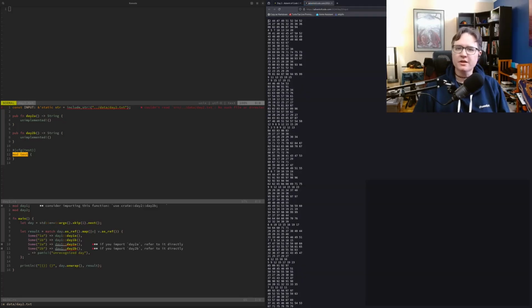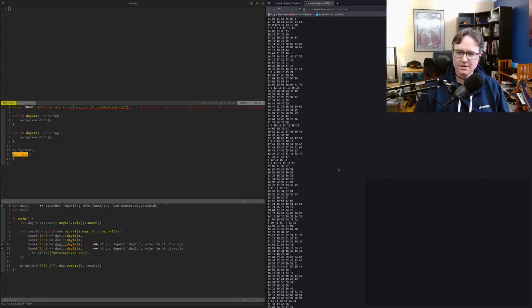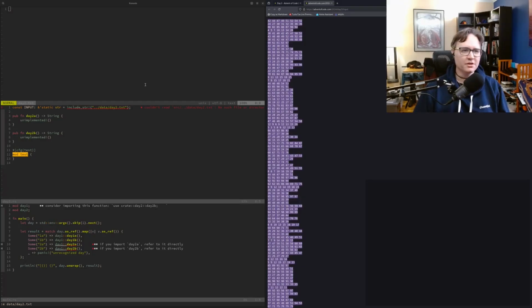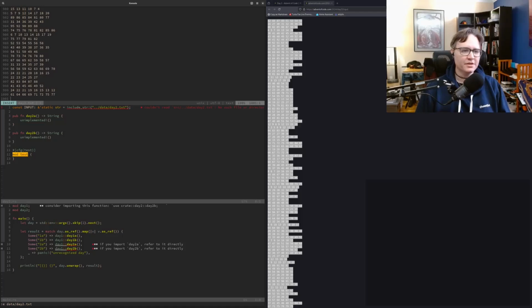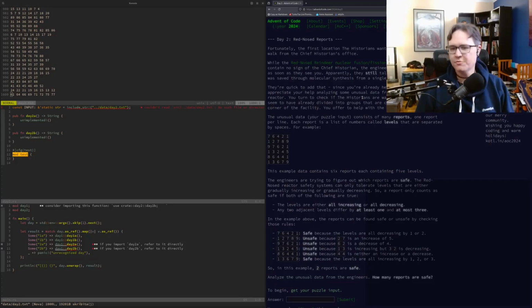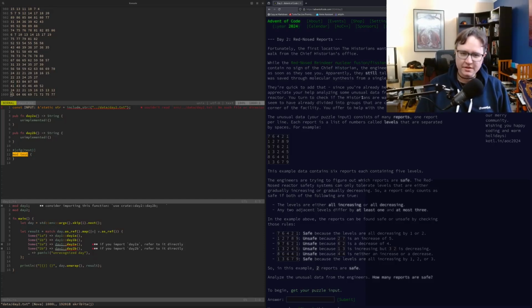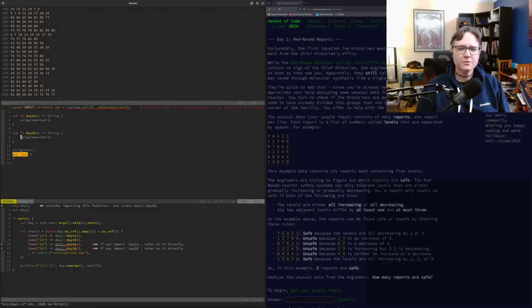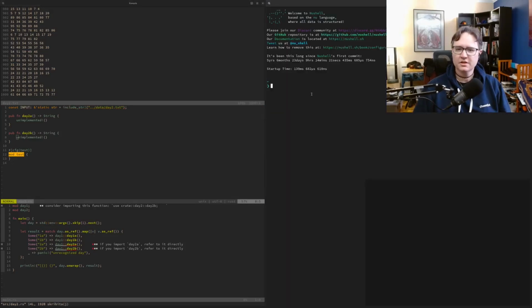Okay, puzzle input. Yes, as I guessed, some of these reports can be longer. So let's just copy all of that, paste it. I don't think that's really going to be a problem, though. All of the reports are well within the range of anything that I can solve. Cool. Looks like everything is compiling, so let's